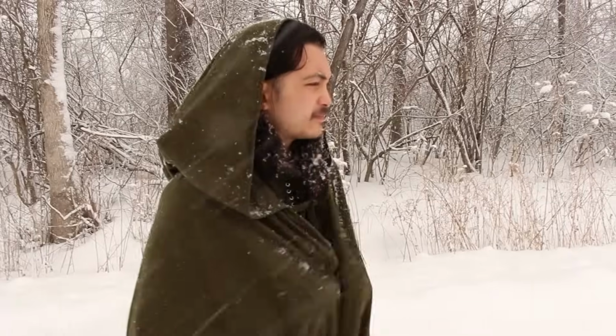Greetings, adventurers. I am Kramer, your host, your lad, and indeed, yes, today we are talking about cloaks. Not to be confused with a cape, which is more of a fashion piece than a utilitarian one, and potentially more of a Victorian invention than a medieval one, but we'll leave the actual history of cloaks in general for maybe a later video. But historically, the purpose of a cloak was to keep the wearer warm and dry in adverse